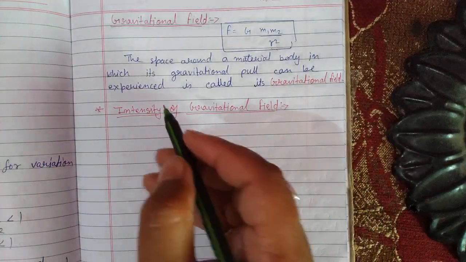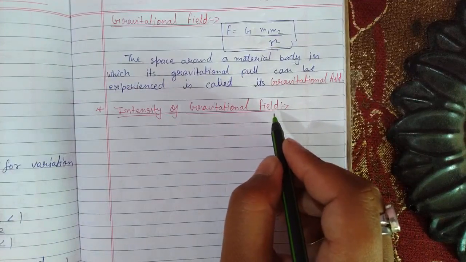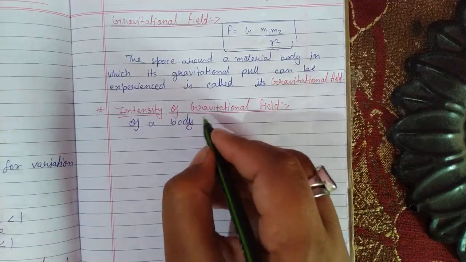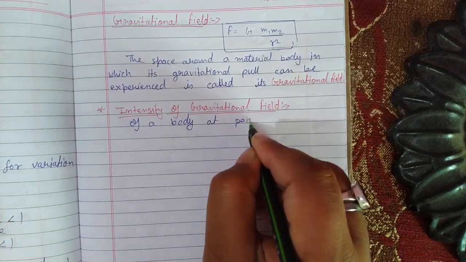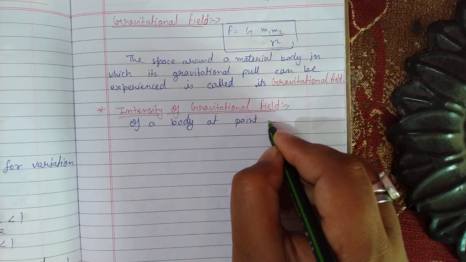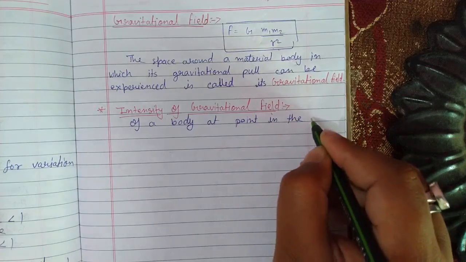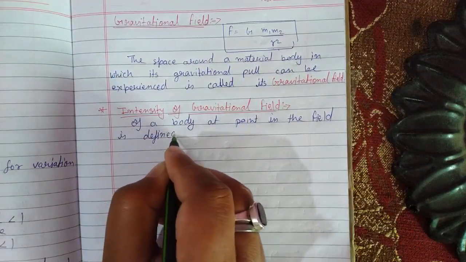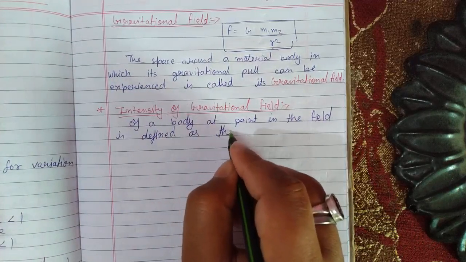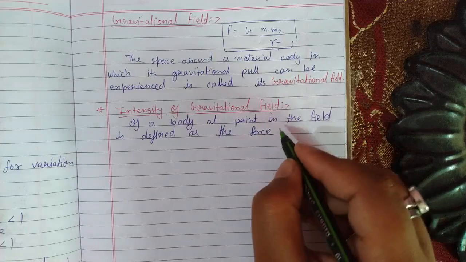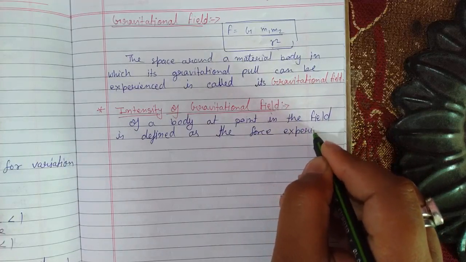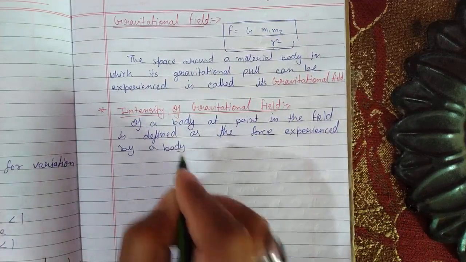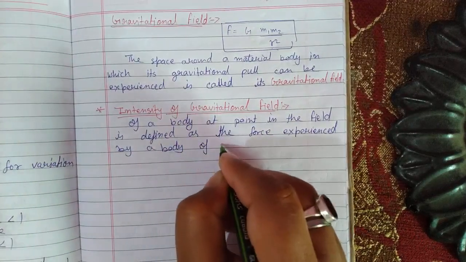Okay, gravitational field intensity of a body at a point in the field is defined as the force experienced by a body of unit mass